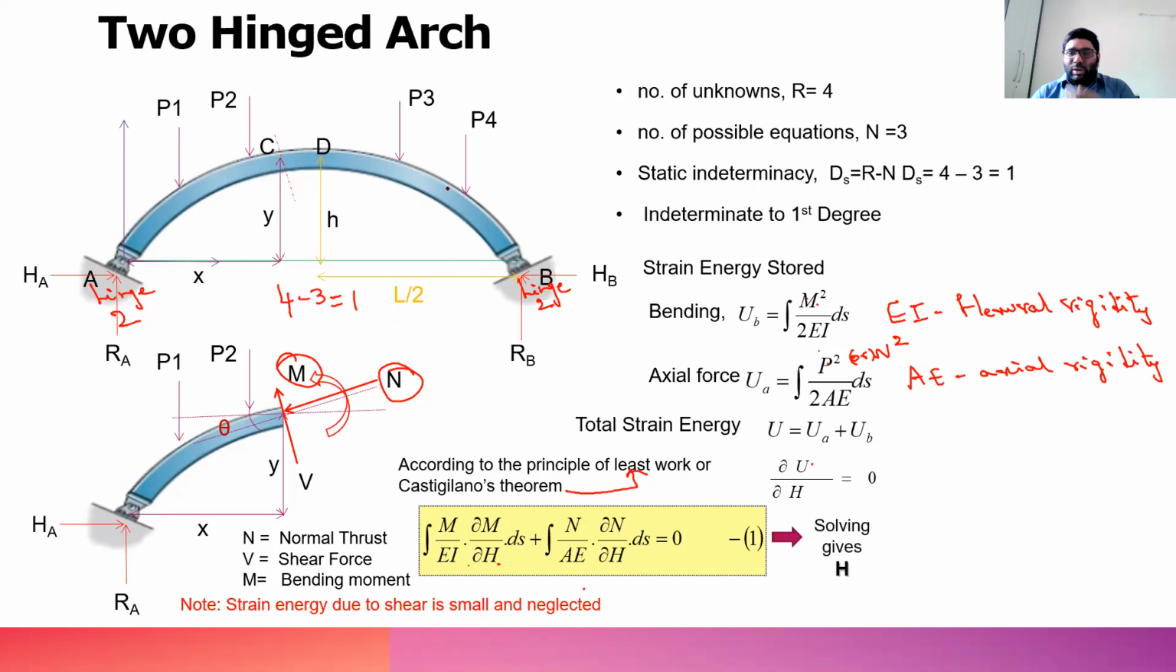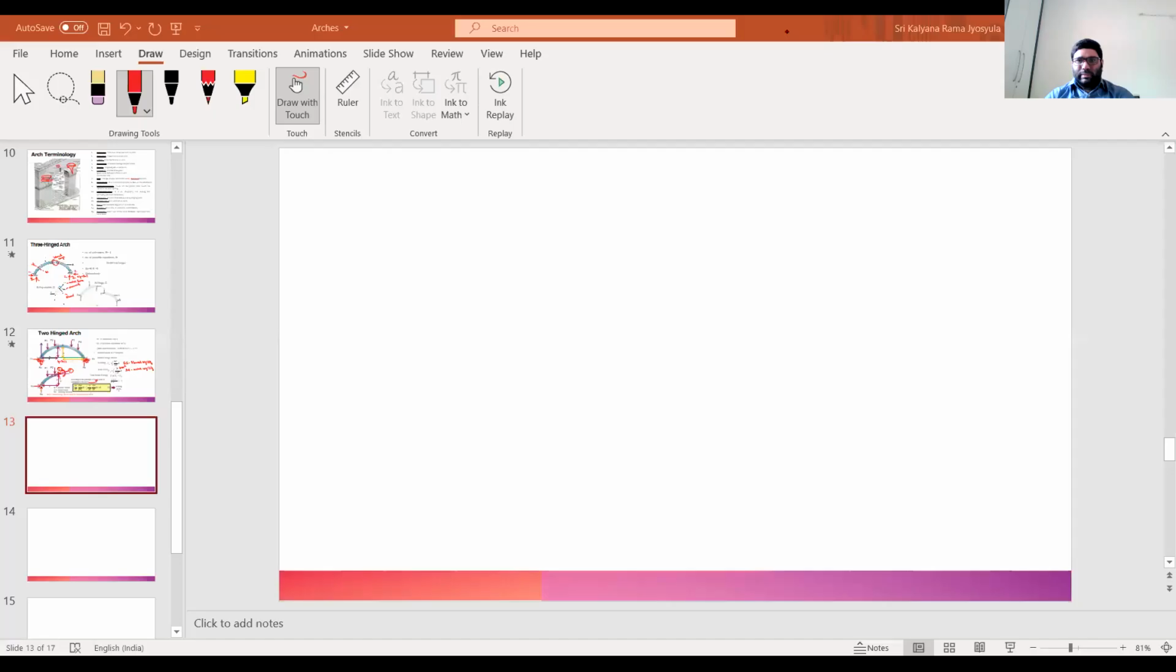Okay. Now, once we solve this, we'll get the expression or the value of H. And once we get H, that is how we get the unknown parameters of an arch. So this is how we analyze a two hinged arch. Now let us see the next topic,